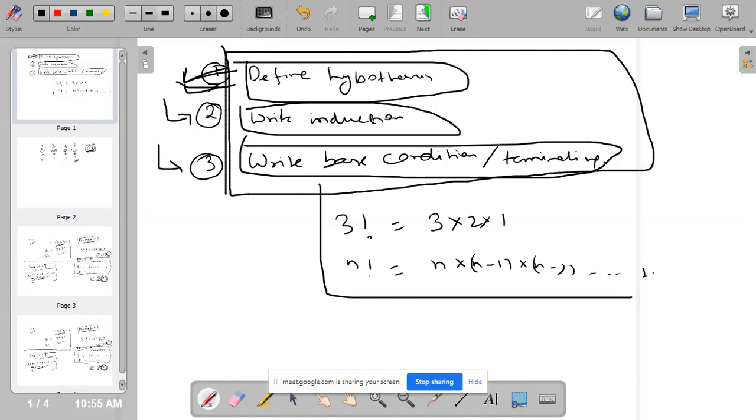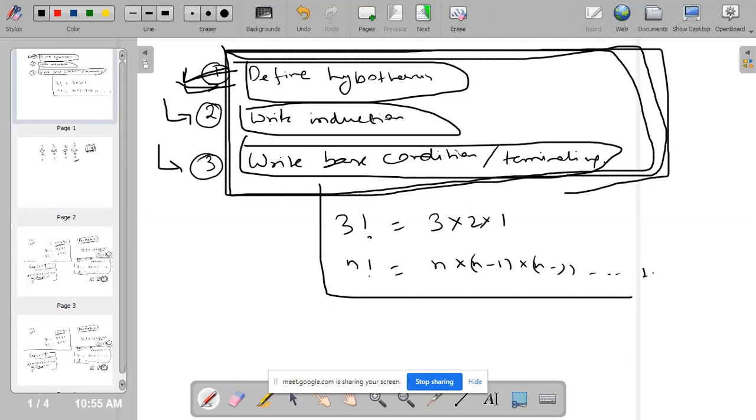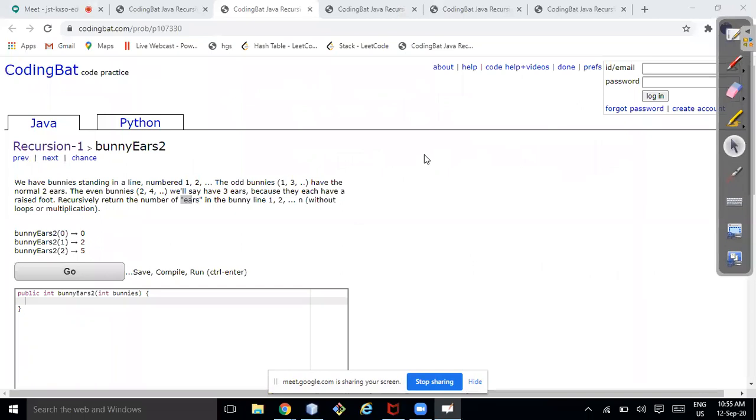So we are learning recursion, and recursion is a very, very important concept. If you don't understand recursion, it is going to be a nightmare for backtracking, dynamic programming, tree, problem solving on tree, graph. So just try to understand the basics of everything.